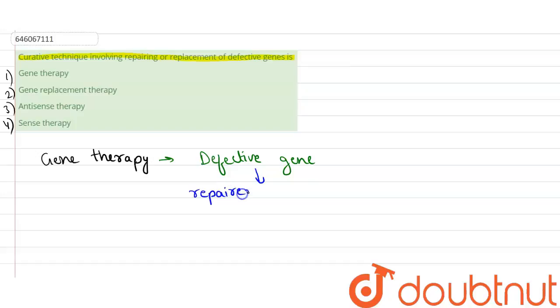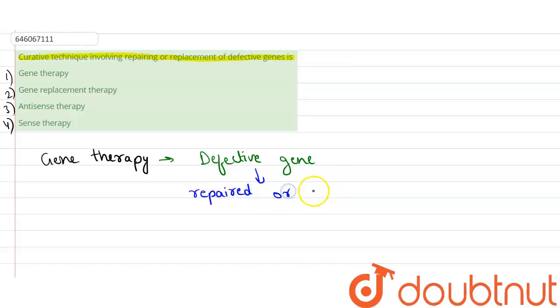Alright, so what is basically the technique that is used for replacing or repairing the defective gene is gene therapy. Now in this gene therapy, suppose if an organism, if any living being has a defective gene, basically the defective part of DNA that codes for something. So if someone has a defective gene, this defective gene can be repaired if possible, and if it cannot be